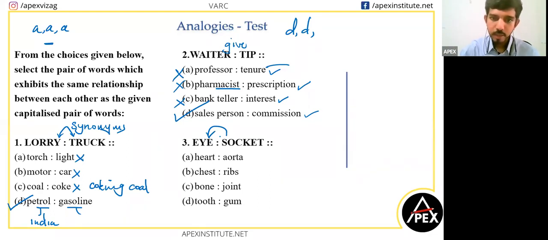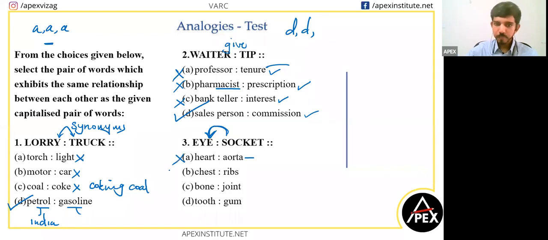Okay. Then socket holds eye in place. So the relationship is this way. Does aorta hold the eye in place? No. Aorta is a type of artery. It's the major artery. In fact, one aorta, I think, goes from heart to brain, which is one major artery. And another might be going downwards from the heart to our feet, to the thighs and all. So that's another major artery. So aorta does not hold the heart in place.